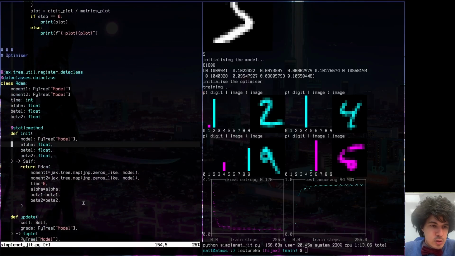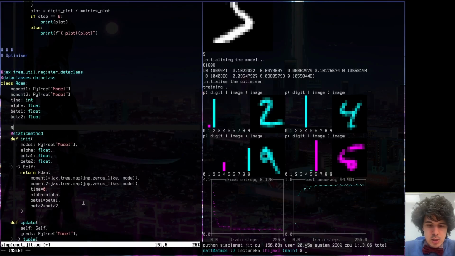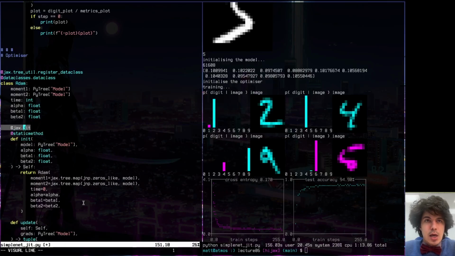So there's not much going on here, but we might as well try and JIT this static method. So what if I just jax.jit? I think actually if we do that, we're going to find that it will give us an error message that says static methods aren't JITable. But